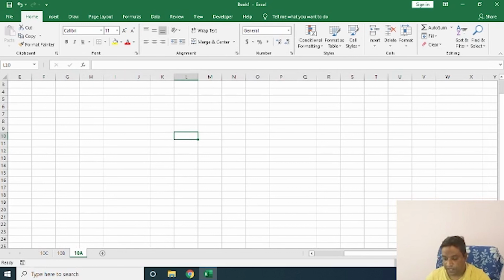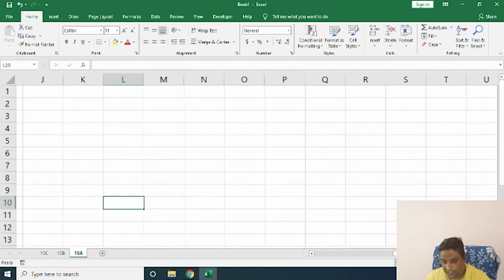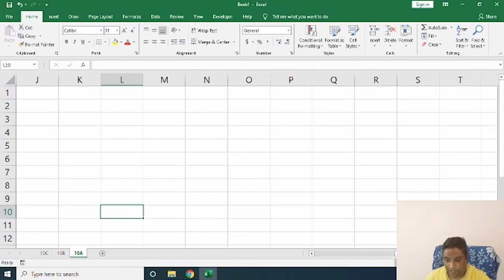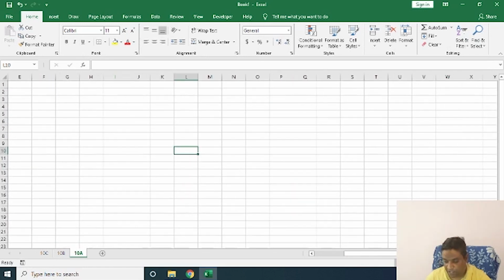We have the minus sign, that is zoom out, and the plus sign, zoom in. So why do we use zoom? See, suppose some students may feel, okay, this is very small, these cells are very small, these rectangle boxes are very small, I want to make it slightly bigger so that I can type on it. So you can increase the size of the cells. You can zoom it and the spreadsheet will become bigger. By default it is on 100%. Click on the center bar and drag it towards the plus side. See, the cells have become bigger, so that is zoom in. And once we finish with it, you can bring it back to 100%, that is the default.